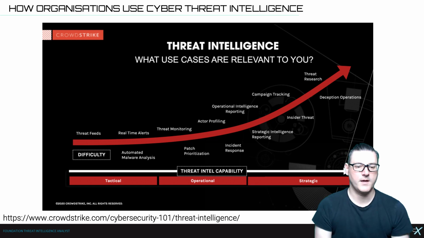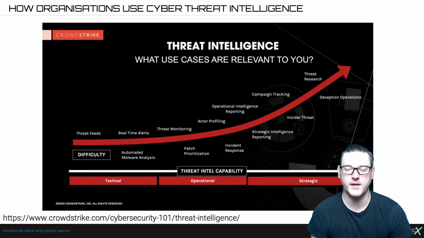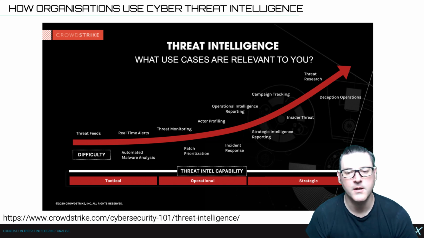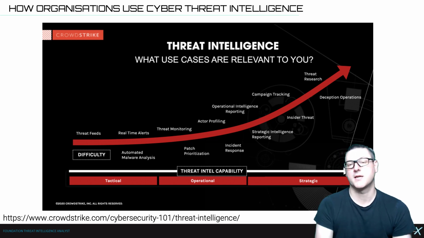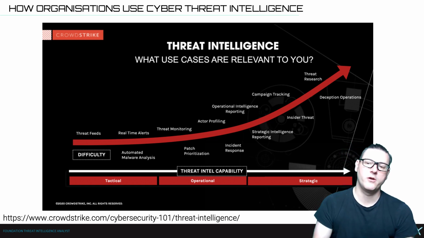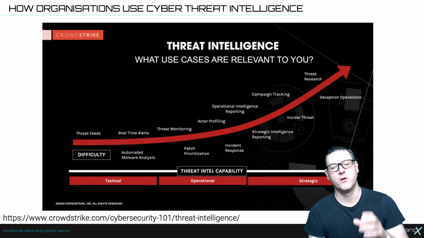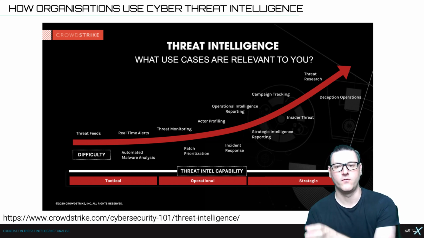A good example that I found doing a bit of research on this was by the cyber threat intelligence company CrowdStrike, a very reputable company active within this space. You can see this graphic with the reference below. And what they're trying to communicate here is a number of things. So you can see the tactical, operational, and strategic level of the business. What they're trying to show with the arrow and the products hanging off it is, in their assessment, what type of cyber threat intelligence should be provided at what level of the business.